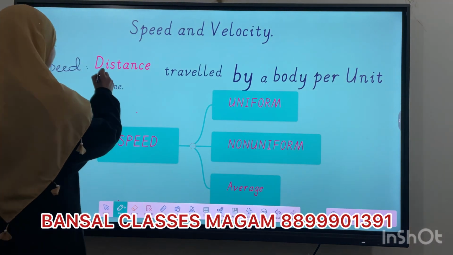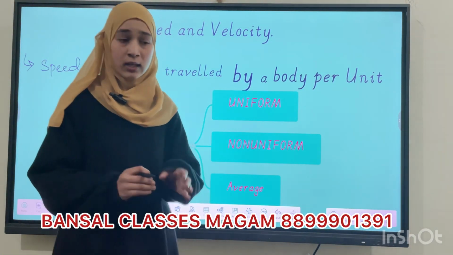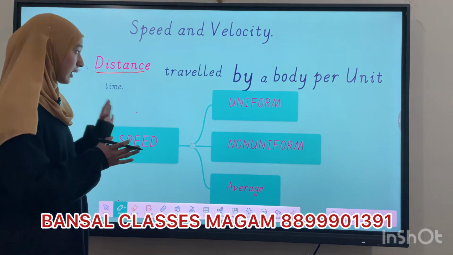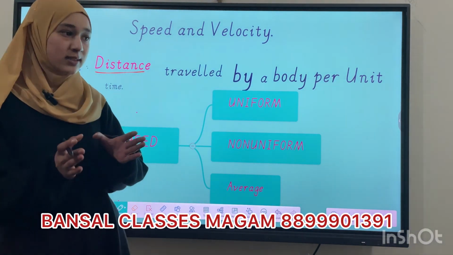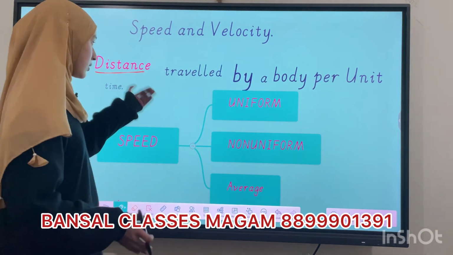What is distance? Distance is the actual length covered by an object, which means